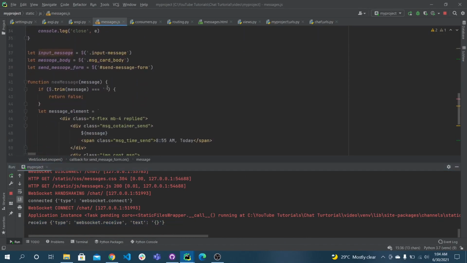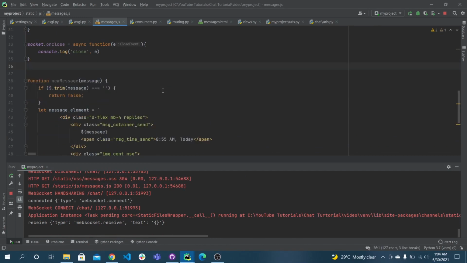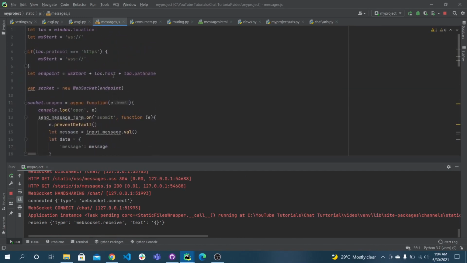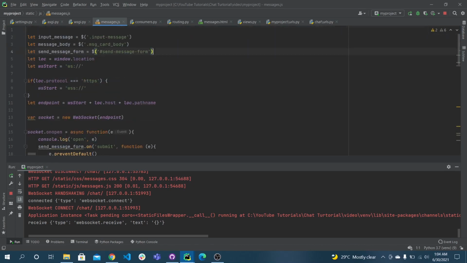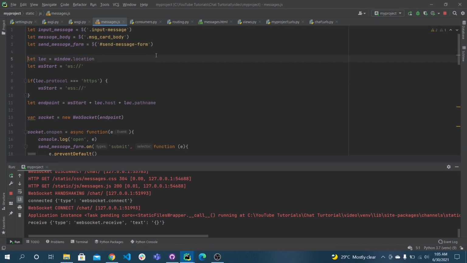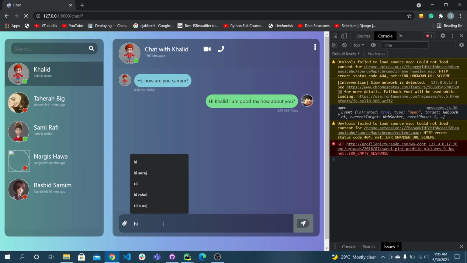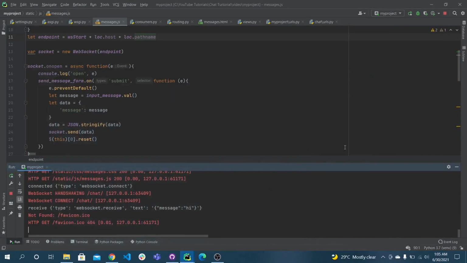Here I'm not getting any value because I have declared these variables at last. So I'll declare them on the top so that we don't have any issues again. This is not a class, actually this is an ID. So now if I type hi, it should work.